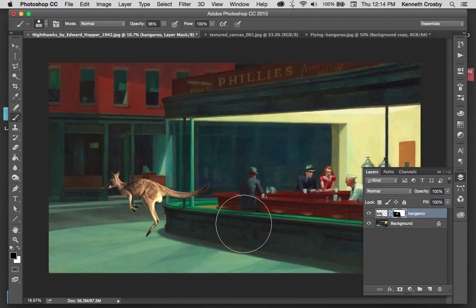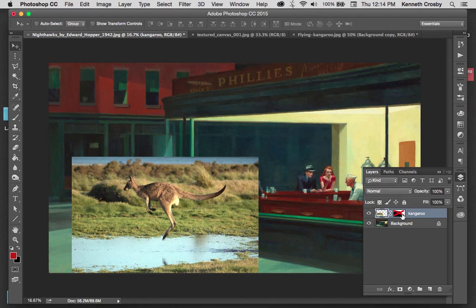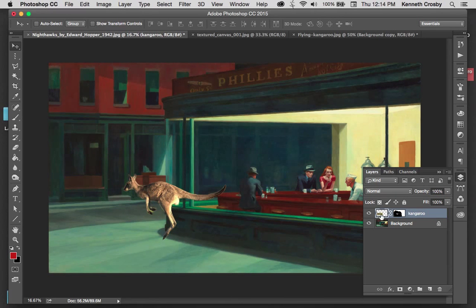And what I can do then is position it, drag it around, move it, things like that. So just by choosing my kangaroo layer here, I can move them around. If I hold down Shift and I click on my layer mask, it will shut it on and off. And if I still want to work on just my kangaroo, if I select that and I say,